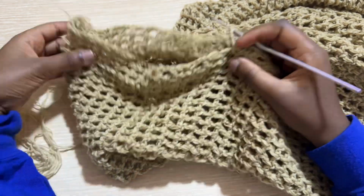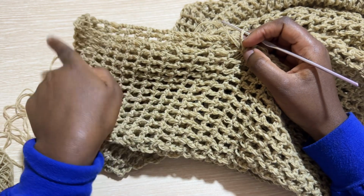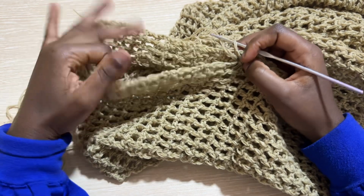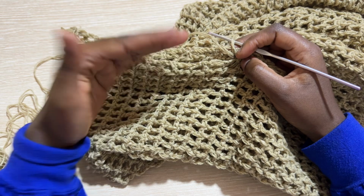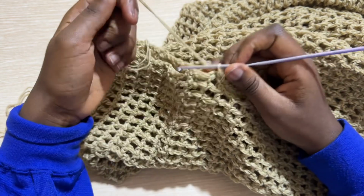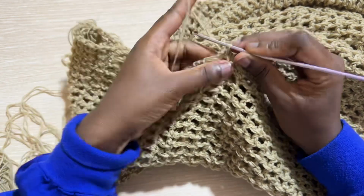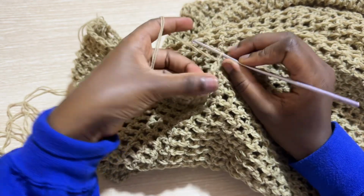I ended up reducing the number of rows I wanted for the top part of the shirt. So I left 14 on this side and 14 on the other side. So that is a total number of 14 plus 14 is 28. We want the number of the stitches to increase. So you're going to make your first slip stitch